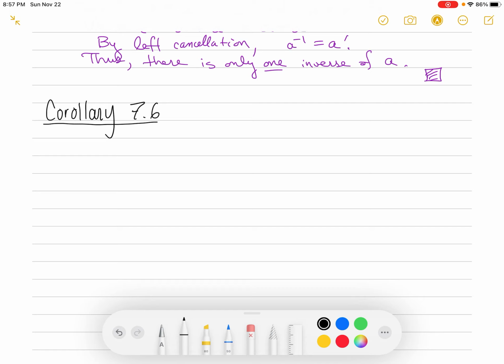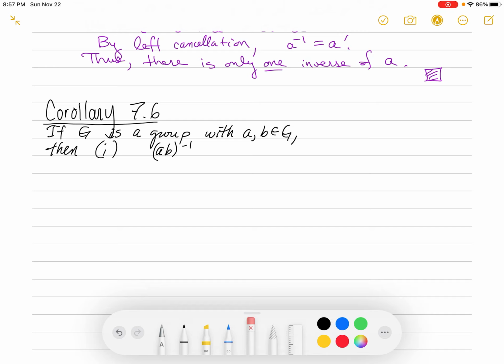And it says, so more properties. These are kind of equational properties having to do with the inverse. If G is a group, with A and B elements of G, then two facts. Number 1, AB's inverse